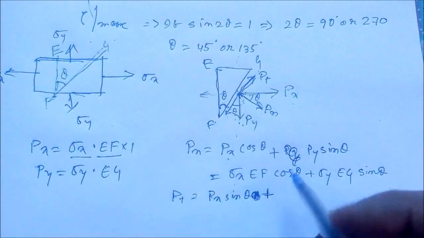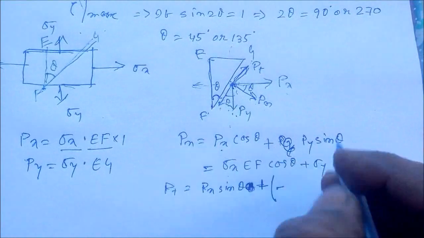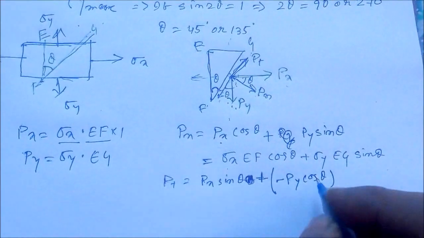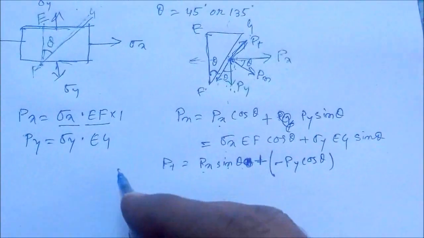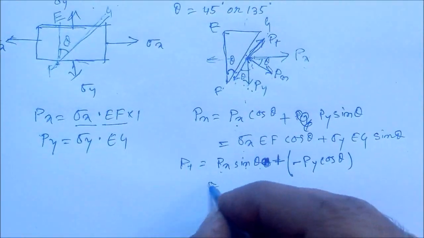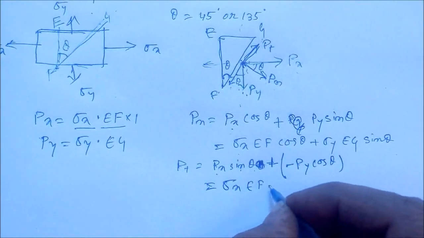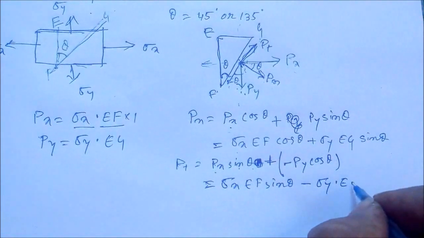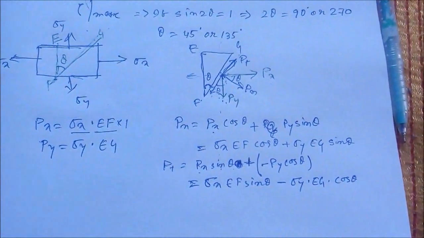So this direction is different, so we will have to take a negative sign for this component, and this component will be, as this is theta, equal to py cos theta, right? So basically px sin theta minus py cos theta. And if we put the values of px and py again with respect to sigma x and sigma y, we will be getting sigma x EF sin theta minus sigma y EG cos theta, right? Okay,